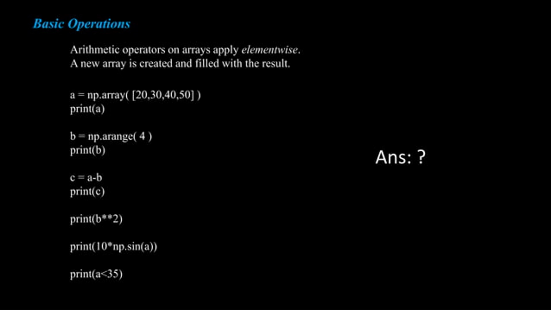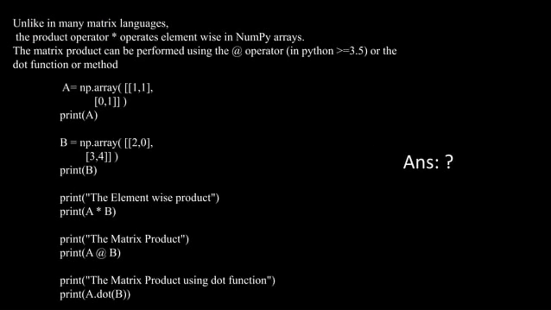We need to print C, which is a variable whose value is A minus B, print C. Likewise, the next one is print B raised to the power of 10. The next one, print 10 times np.sin(A), the value you get in A. Print A less than 30. Unlike in many matrix languages, the product operator operates element-wise in numpy arrays. The matrix product can be performed using the @ operator in Python 3.5 or greater, or the dot function